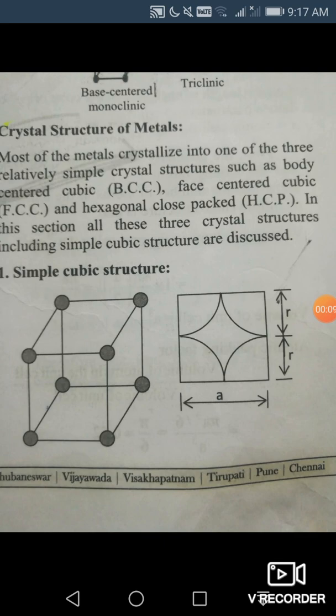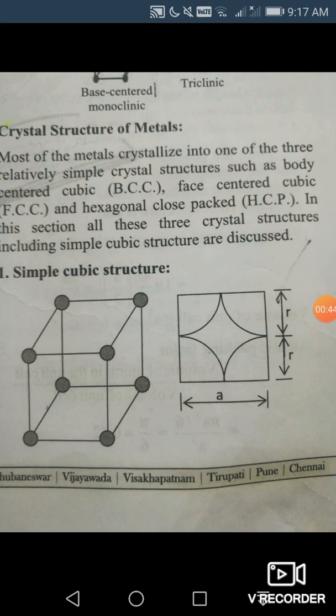So let us today see how to find out the packing efficiency or packing factor for the simple cubic structure, that is the SC structure. Here in the diagram we can see that there are 8 atoms in the 8 corners. Let us take the front face. You can see that the lattice parameter, which is the distance between the atoms, is equal to A, and we can see that 4 sectors are contributing to the whole unit cell. Let the radius of the atom be R.